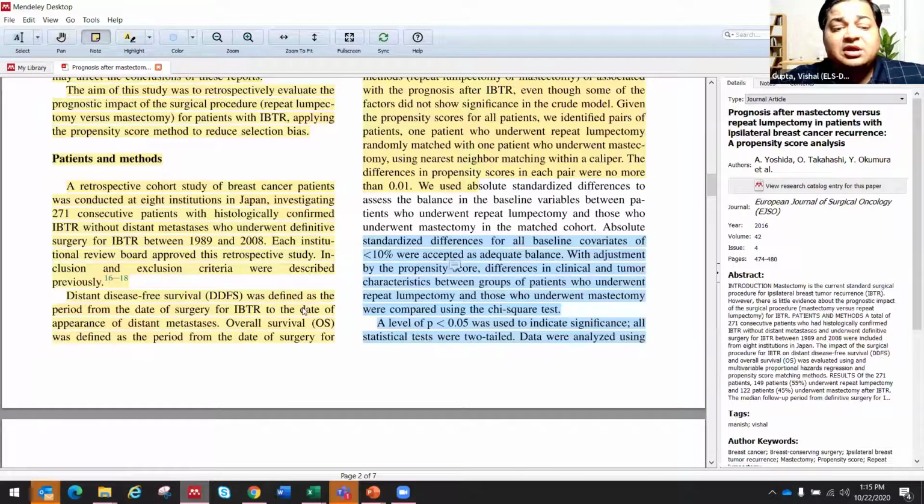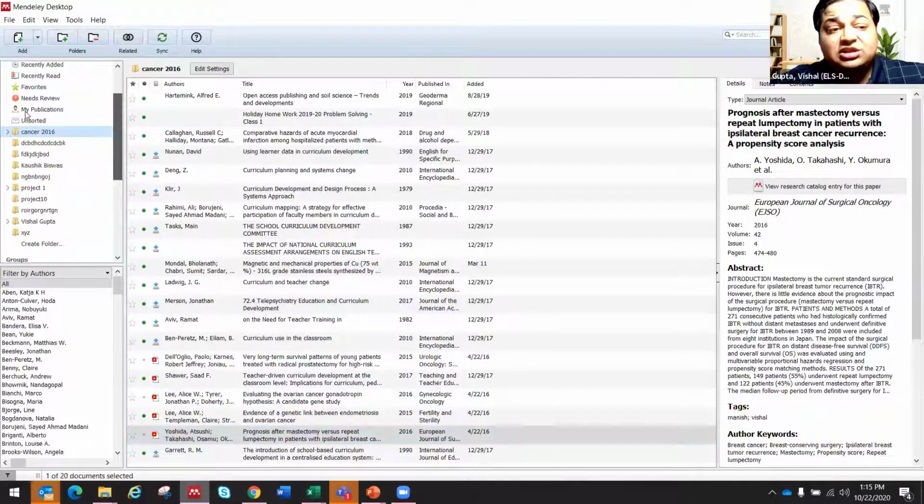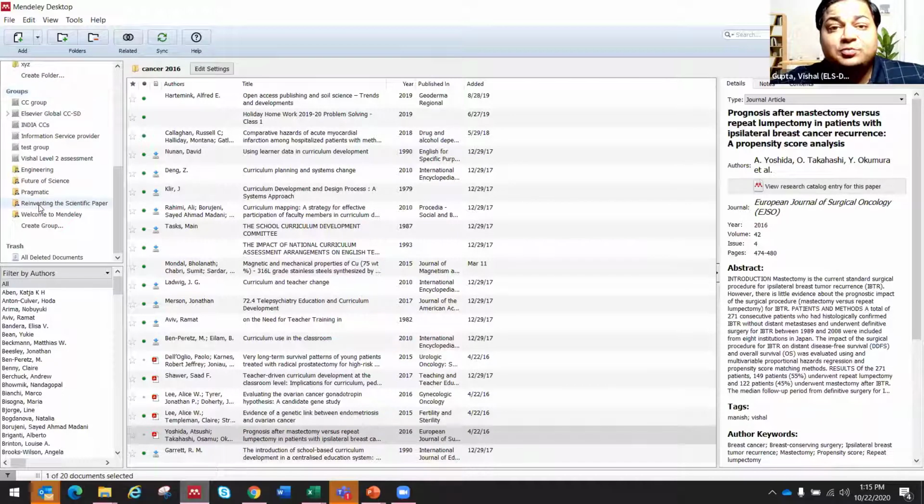Now, once you have saved this, you can drag and drop it to the folders that are available here. So these are all the groups. Remember, we created groups on the web page. All these groups are mentioned here. So you can simply drag and drop this article onto the group that you want to share. Once this is shared, each member of the group will receive a notification. When they go to that notification, they can click and this article will open up on their Mendeley like this.